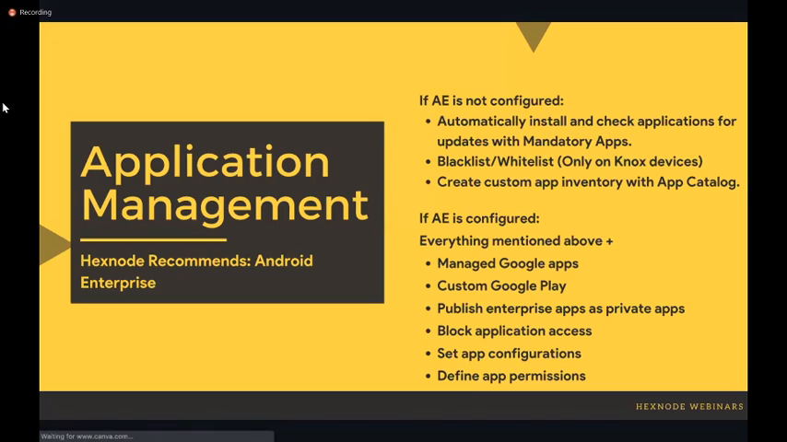Then we have the option to set the configurations for applications. Apart from being able to deploy the applications, you also get the option to set the configurations and also the permissions for applications. Getting the applications managed through Android Enterprise is slightly different. You have to start from the app inventory. So if you just go to the app inventory,